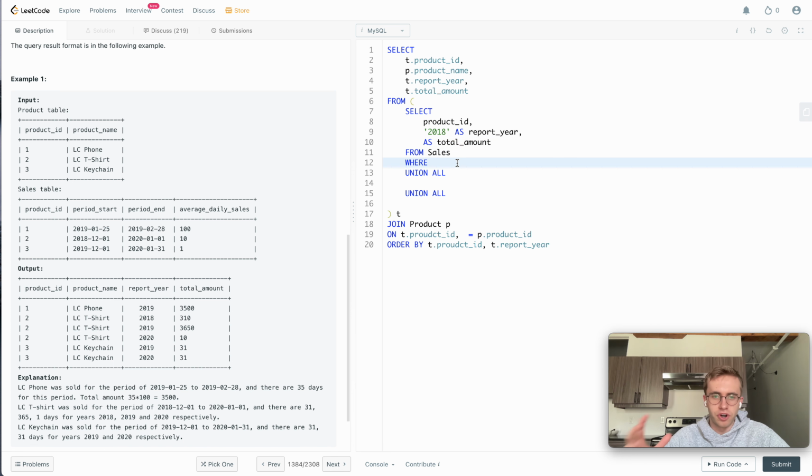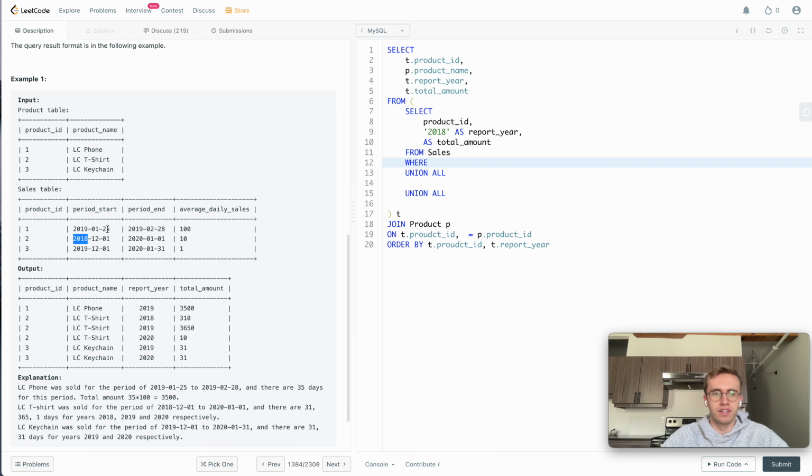And so to determine that, what we're going to do is we're going to be looking at the start and the end date, and we'll be checking that, okay, is 2018 in the start period or in the end period. We don't have to worry about it being between, because we know that's either going to be starting or ending